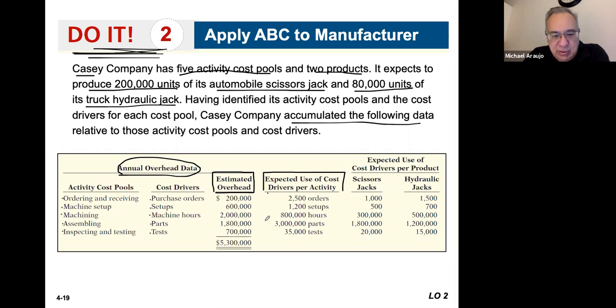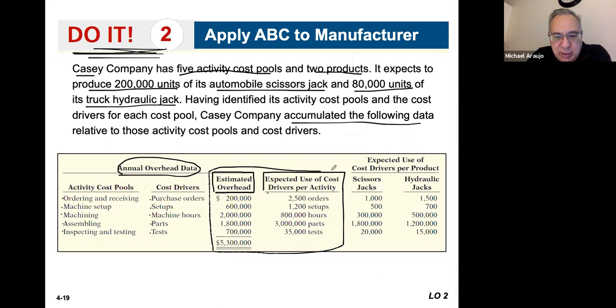800,000 machine hours are going to be used. 3 million parts are going to be used. 35,000 tests are going to be used. Okay, and these are the costs of each of the total costs. So you then have to figure out,